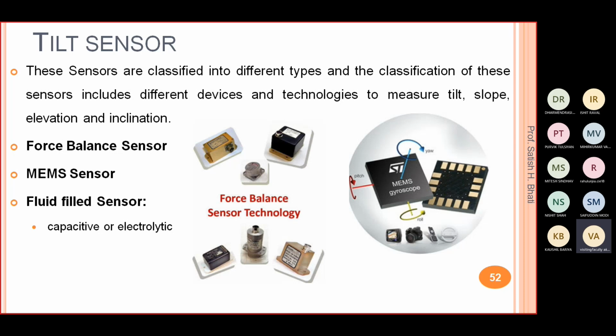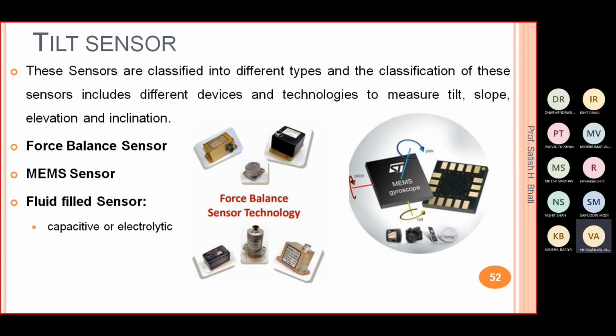Like a gyroscope or accelerometer, that is also a kind of tilt sensor. They will give you the inclination or position in space, like what degree your device is making with the x, y, and z axis, right? Those sensors, gyroscope and accelerometer, are in IC form, or kind of a chip. Those are used in other electronics devices which are very small in size, like a camera, some kind of remote, or some other kind of industrial electronics device, right?